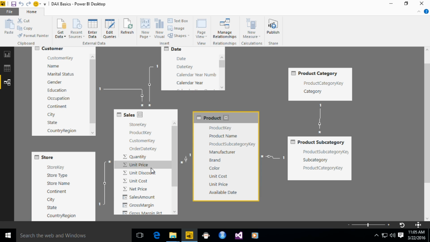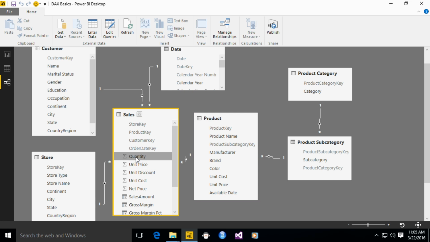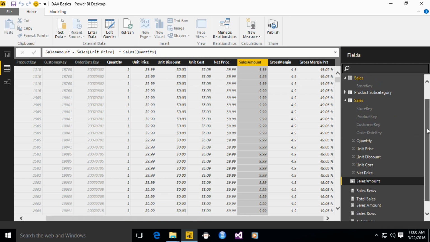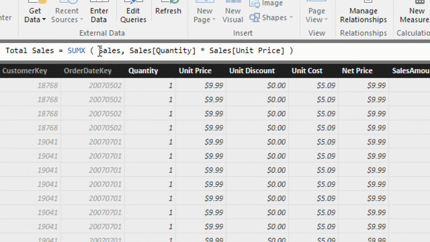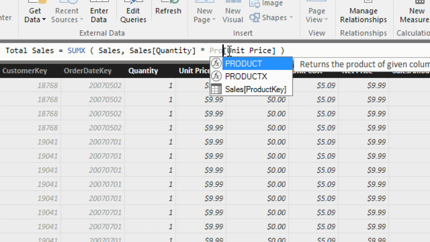And imagine that I want to compute this time the sales amount computing the sum, an iteration over sales, get the quantity and multiply by the unit cost or by the unit price, which is not in the current table, but it's in a related one. Okay? I can easily try to modify my measure. I guess it was called total sales. And you see that total sales iterates over sales and computes sales quantity multiplied by sales unit price. What happens if I write product